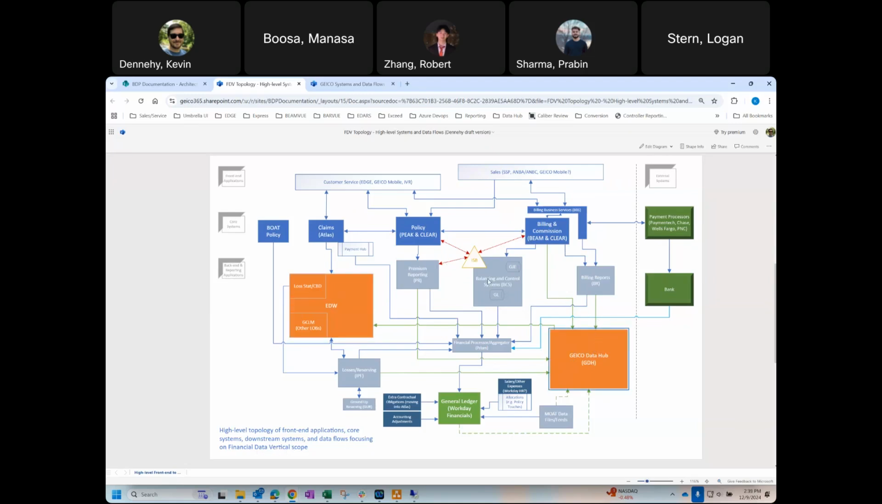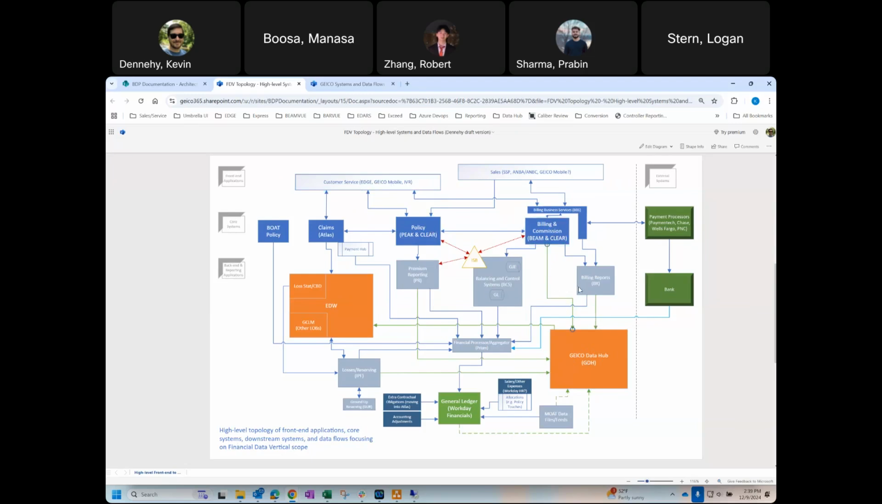So we ingest data from premium reporting. There's actually another ingestion from policy directly into Data Hub. There's ingestion from the customer service systems like Edge into Data Hub. I don't have all those lines here because, again, this was meant to focus more on the billing and financial flows. So Team Romulan, which Manas and I are the remaining members of, had built some